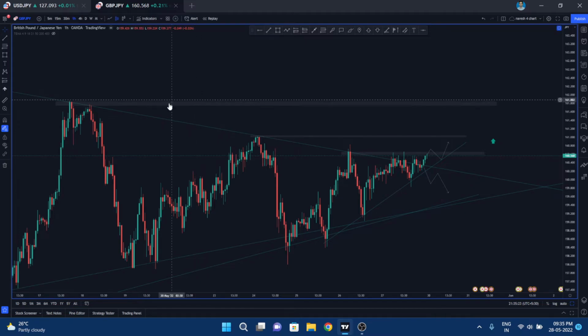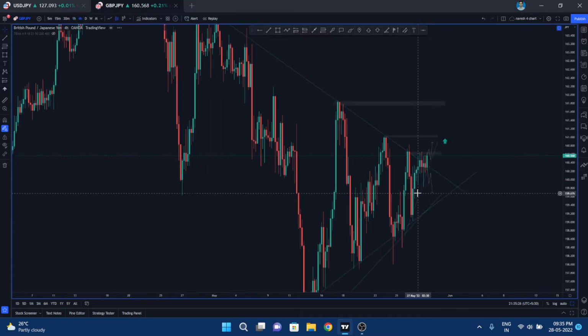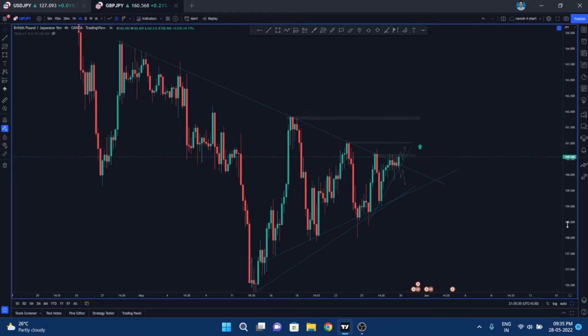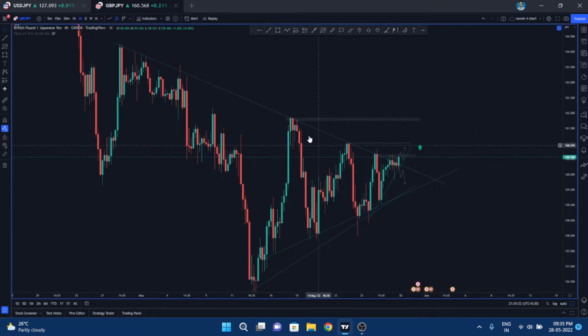First target and second target would be this area. And you can continue the trend up, because if it breaks out, this is important. It has been in this pattern for a very long time, so if it breaks out, it can give a big move. You can continue the trend up, like a higher high, if it is forming a higher high and a higher low. Draw the trend line in the 1 hour time frame or lower time frame, and you can continue up.